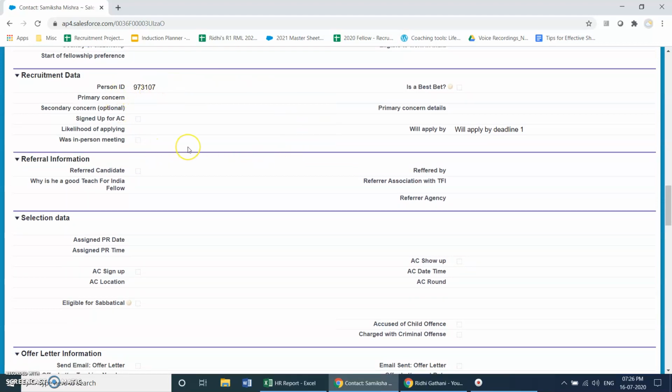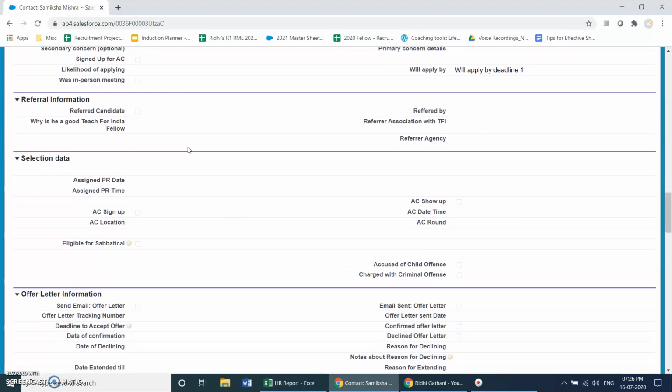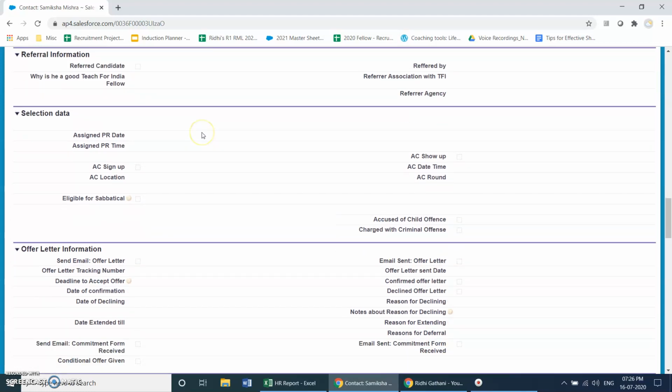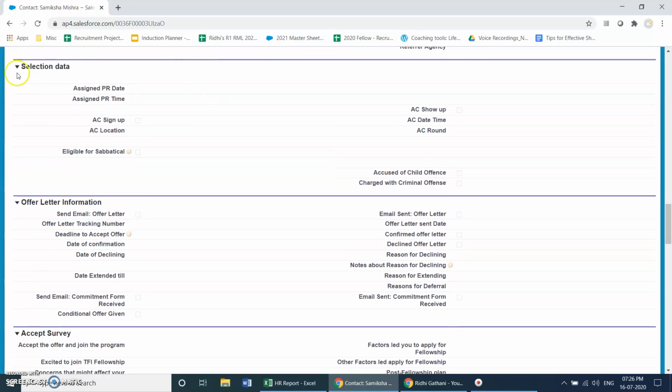You will use this once they go into assessment center, and that time your RMLs will give you more information. Same with this, you do not need this information. The selection data is again required in the assessment center stage to understand where they are in the whole process. Have they signed up? Have they showed up? Which AC round are they going into?